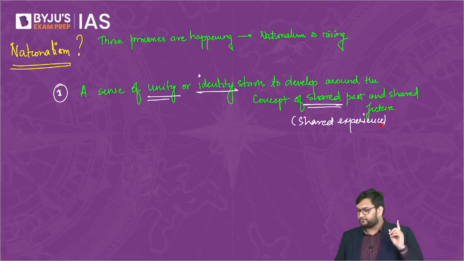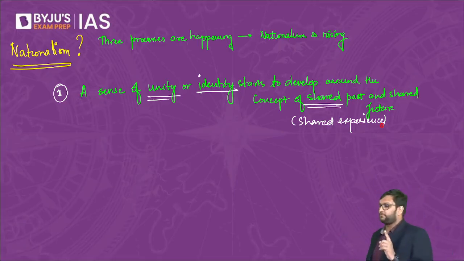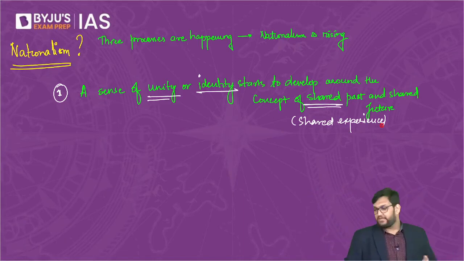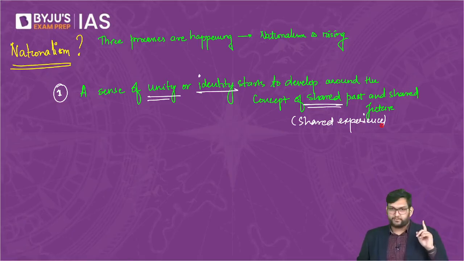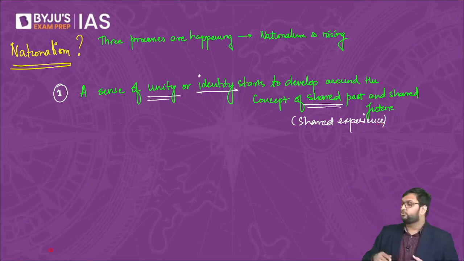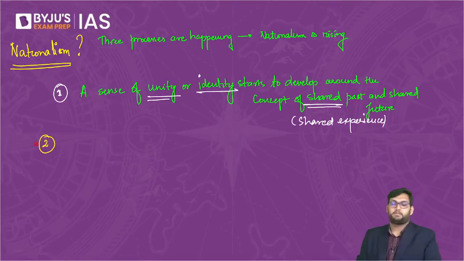The first point is that when you start to see people talking about we, the people, that we have the same past and we have the same future, then this we becomes very, very important. Are we clear with regards to the first point? What do I mean by a sense of unity developing around this concept of shared past and shared future? Yes. But how do we know that is happening? We know it under the concept of,